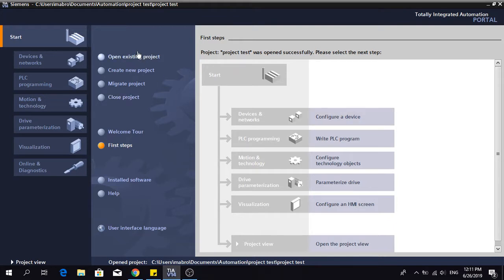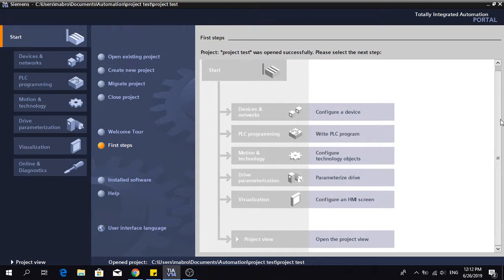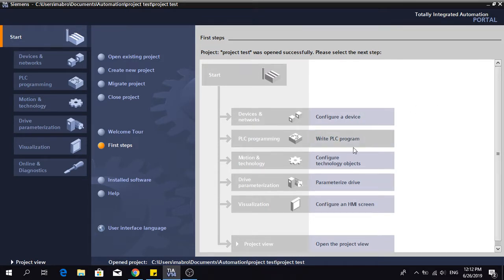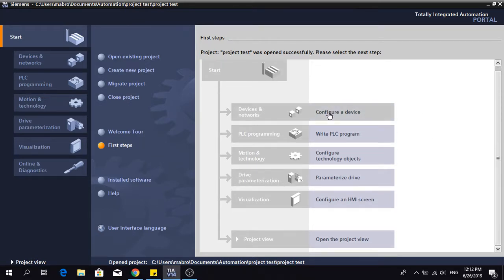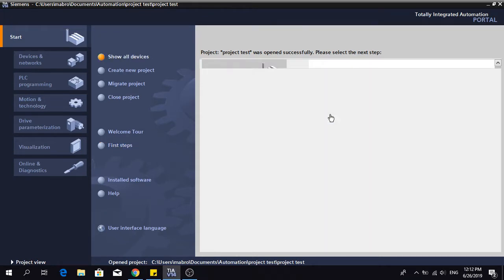So once you create your project, another window appears here, showing this tree on this window. If you create a new project, you need to configure your device, and in order to do that, we just click on configure a device,